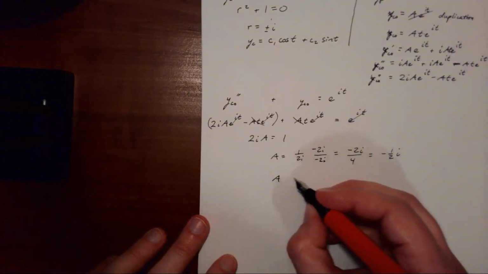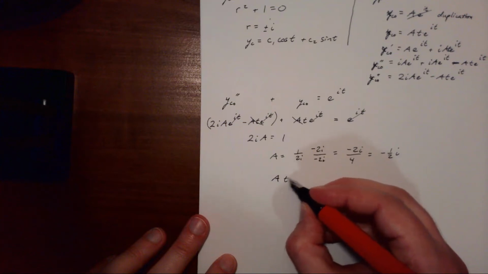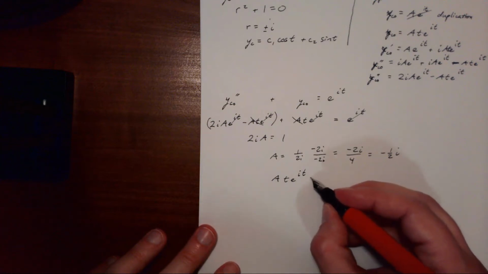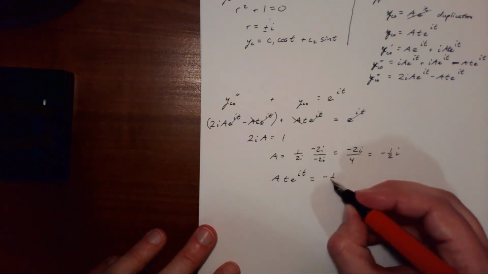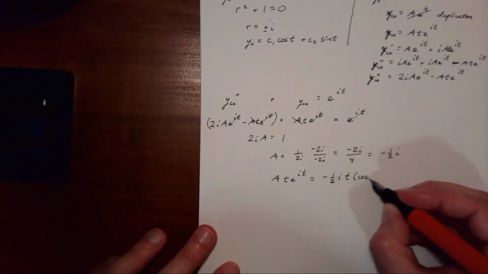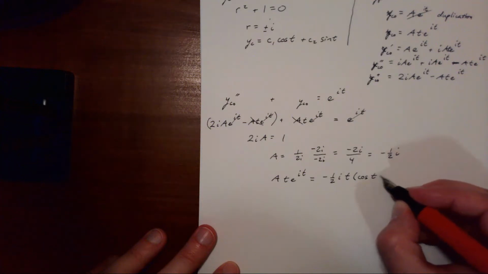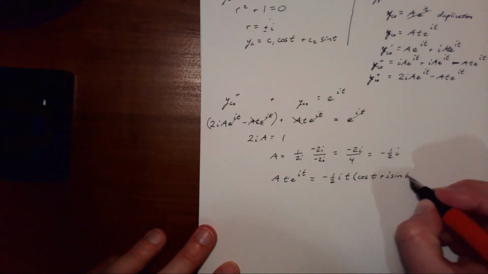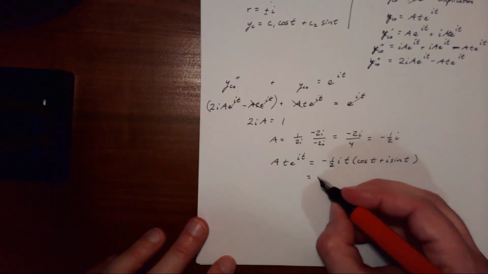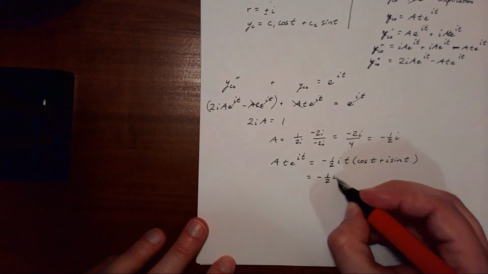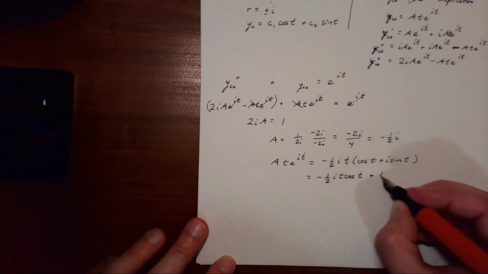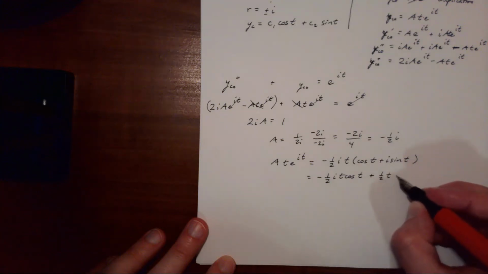Okay, well then A t e to the i t, which is our final draft of our complementary solution there, is going to be negative 1/2 i times t times cosine t plus i sine t, which is going to just equal, if we break it into its parts, negative 1/2 i t cosine t plus 1/2 t sine t,